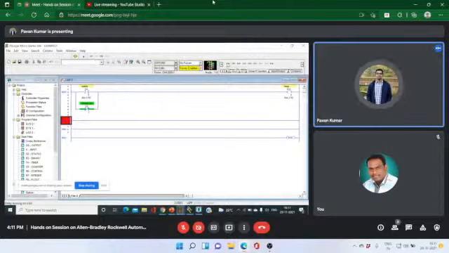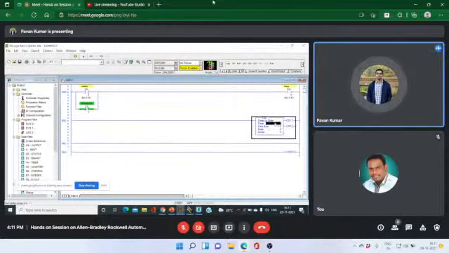For that, we have to give addressing, like take this timer. In the timer block we can see the timer address, timer base, that is 1 second or 0.1 second, and the preset value, which we are going to give for the timer to run. The accumulator is a value which remains 0 until we turn it on. For the timer we have to give the address T4:0, and the time base should remain 1.